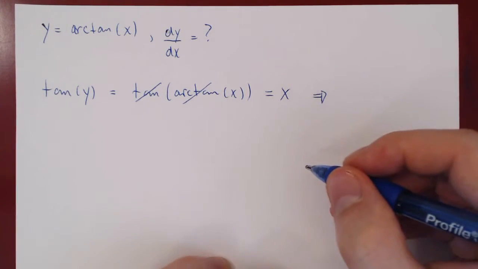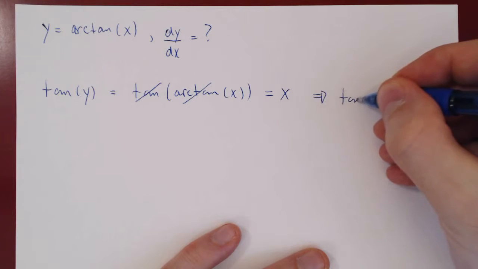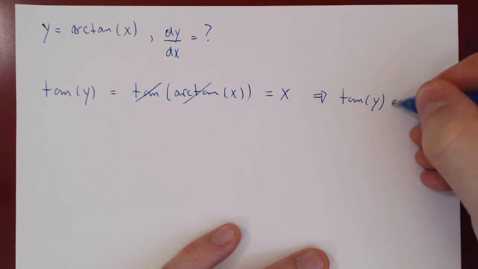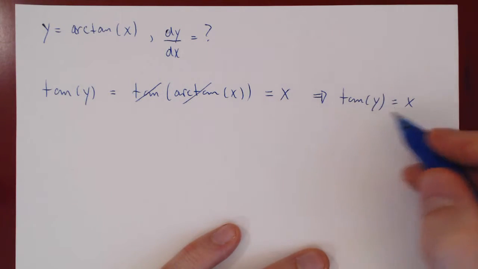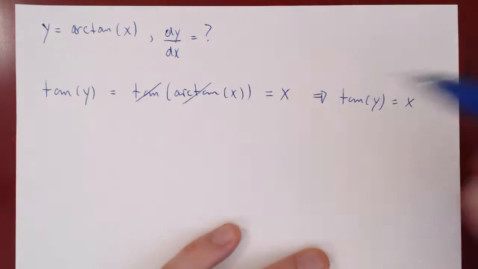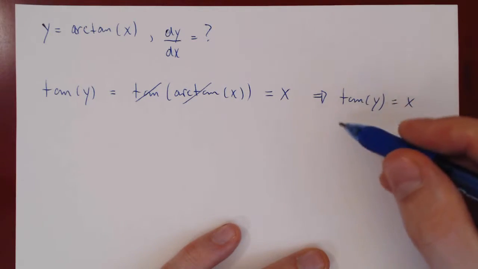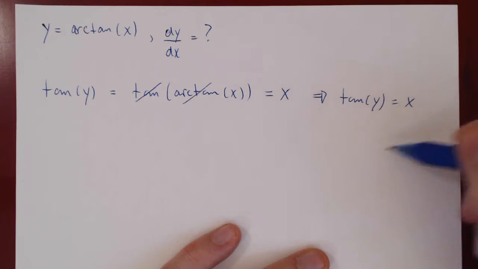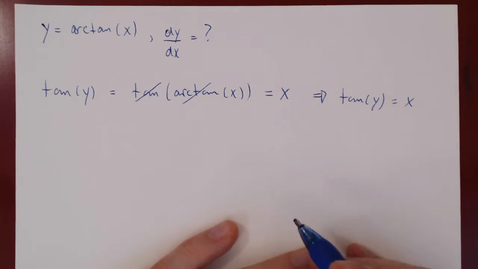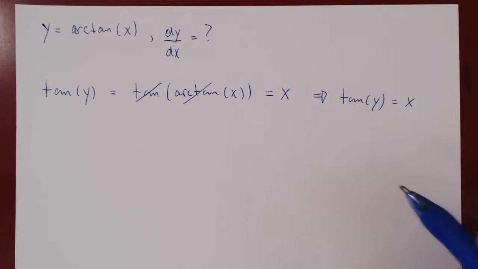So what we have is now that tangent of y is equal to x. And this equation is equivalent to this one, but the great thing now is that the trigonometric function is gone from this equation,